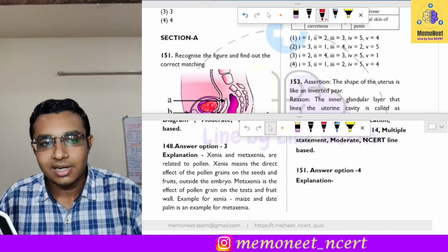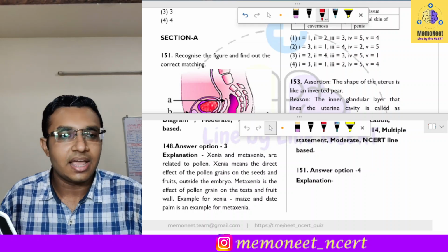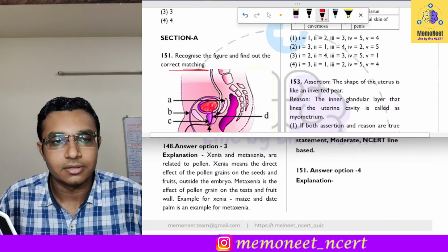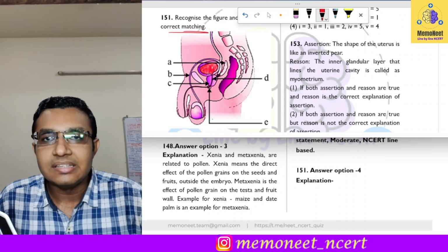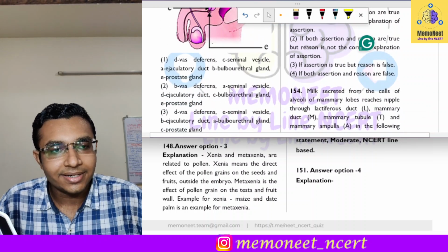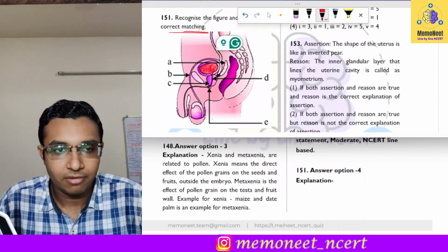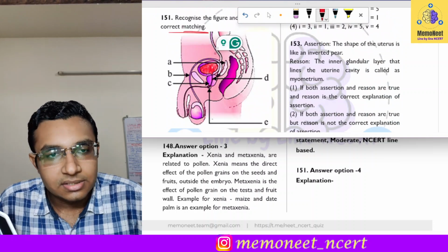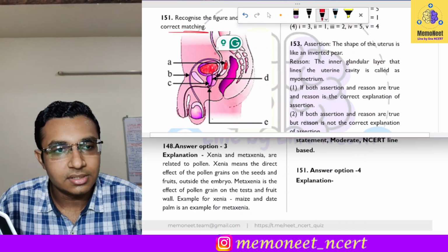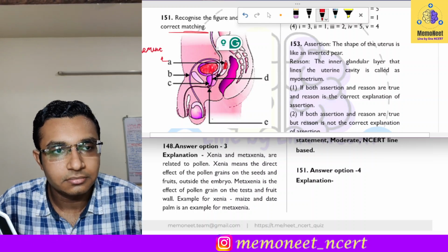So we are going to start with question number 151. So it is a diagram based question and we have to recognize the figure and find out the correct matching in it. Okay. So as you can see, this is a diagram of the male reproductive system and we have to find the correct labeling of it. Okay. So let us start identifying the structures one by one. Now see, this is the A structure, okay, which you can see here. Now this structure is the seminal glands, okay, it is the seminal vesicle,